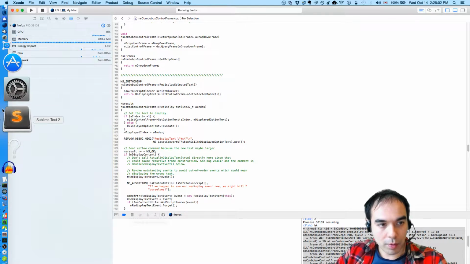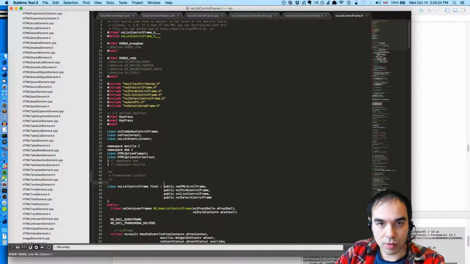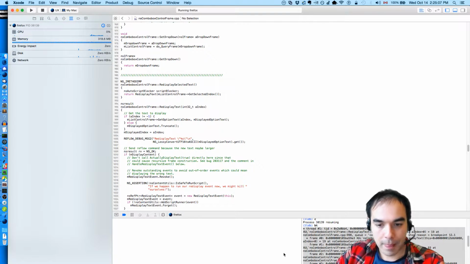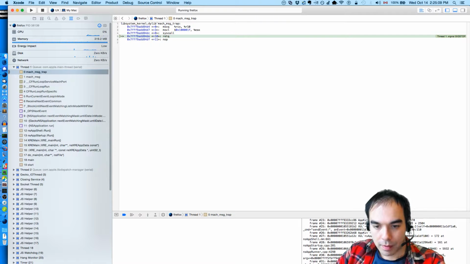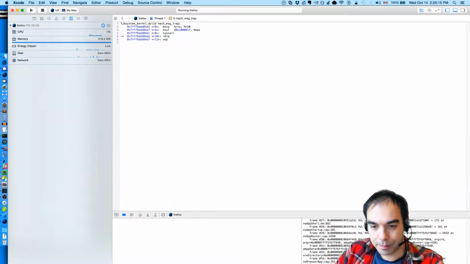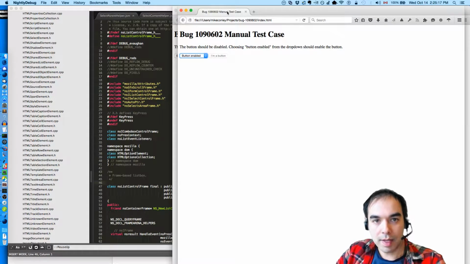NS list control frame. What are we going to choose? NS list control frame, mouse up. Let's do that. Break NS list control frame, mouse up. So now we'll go to the e10s enabled window. And we'll see. No, it's completely different.